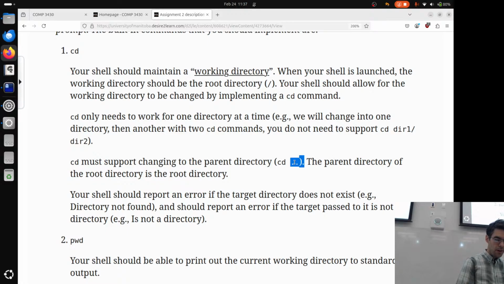And we're not going to have nested directory structures to have to worry about. Your cd should also work with changing to the parent directory. So go back to where you were before, but you don't have to worry about things like having special support for the current directory. You don't have to support going to dot, for example. If we try to change to a directory that doesn't exist or isn't a directory, your shell should print out some kind of a meaningful error message to explain that you can't change to that directory because it doesn't exist or it's not a directory in the first place.